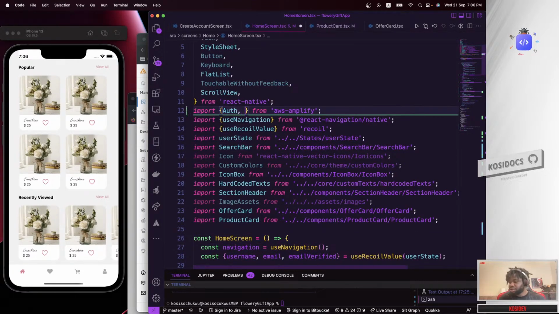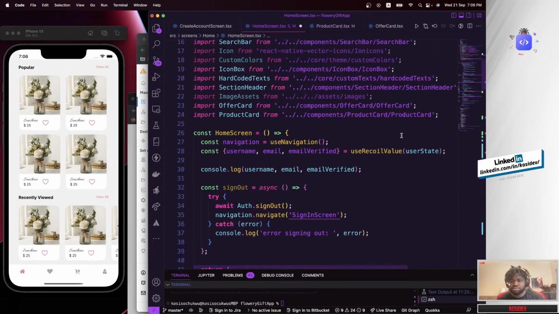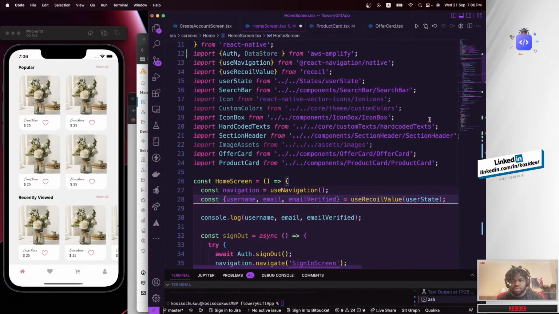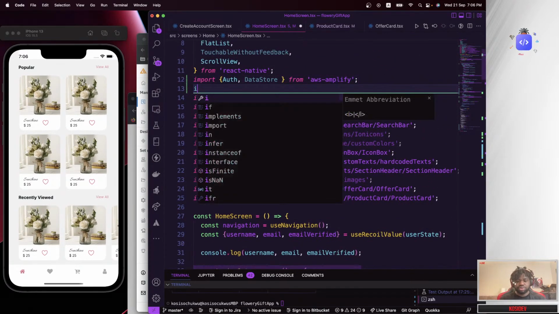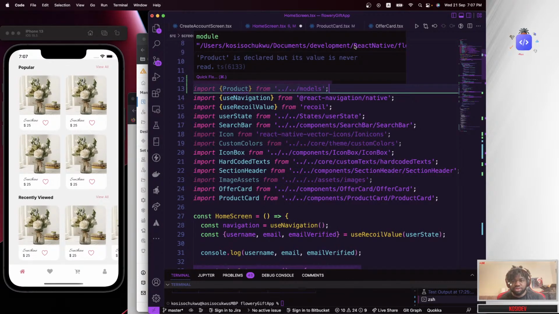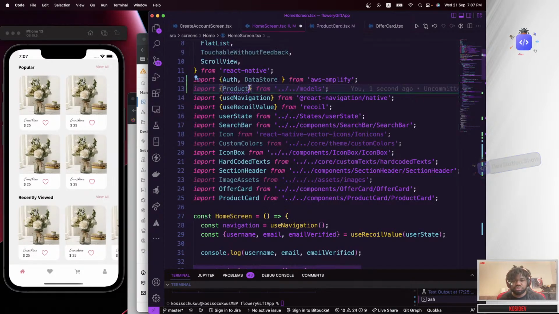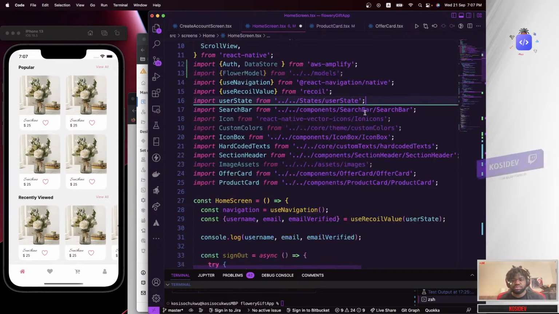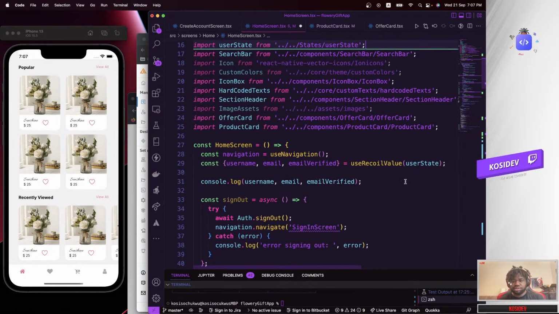I'm going to get access to the data store. That's just called data store. And once you get access to that, we just need to import from the models. So that should be the models index, import flower model. And right down here,